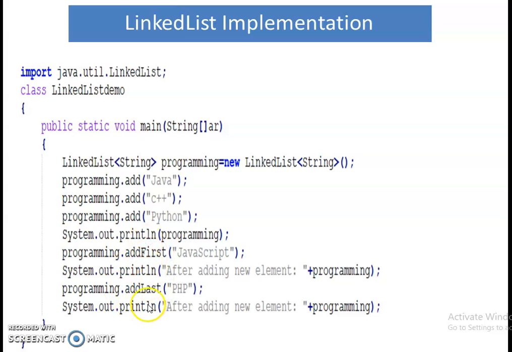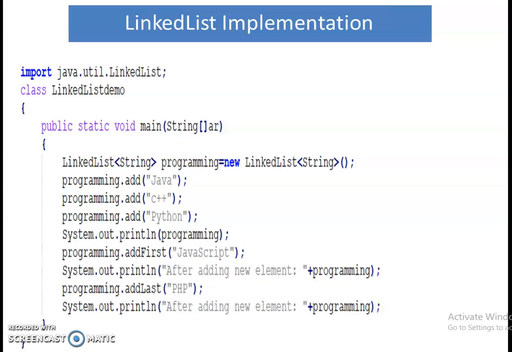Except these we have more methods inside the Deque interface, and all the methods of the Deque interface we can use with a linked list, right? Because LinkedList implements Deque. Here we are using the addFirst method, which is used to add an element at the first position. After adding, we are printing the value of the linked list named programming. Next we are using programming.addLast, so we are adding an element at the last position, and after adding, again we are printing the programming linked list, right?